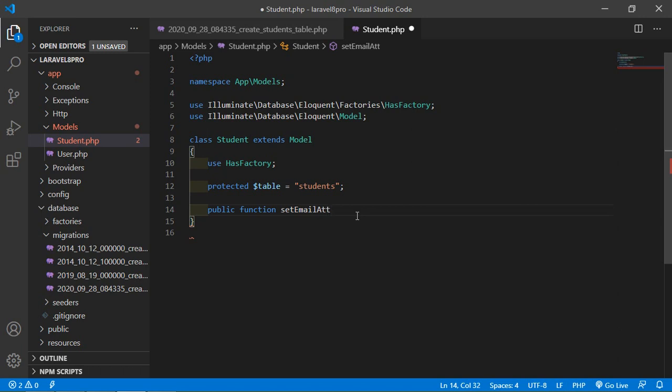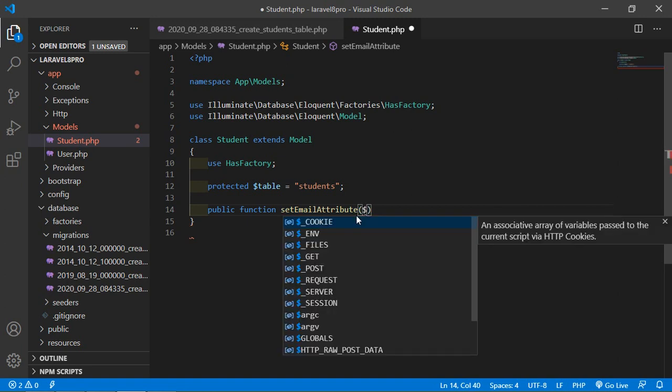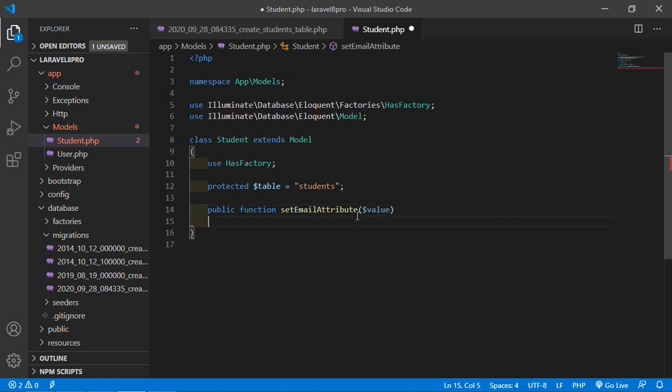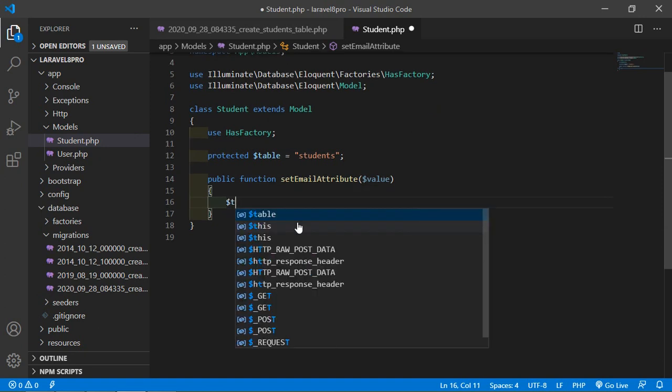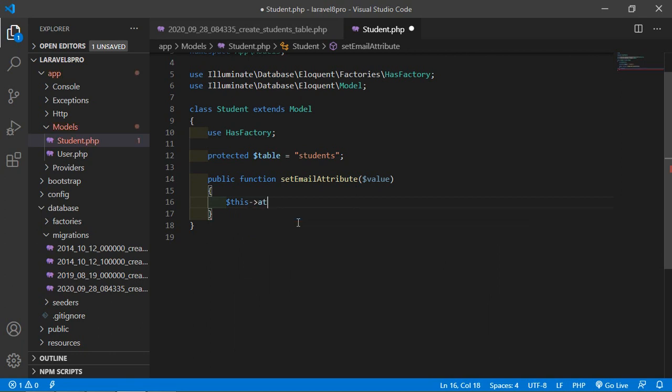Inside this, just pass the argument $value, and inside this mutator function I'm going to write $this->attributes with the column name, which is email, and I'm going to convert the email to lowercase.